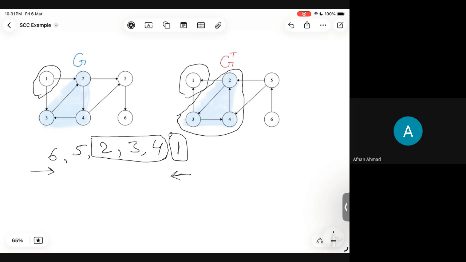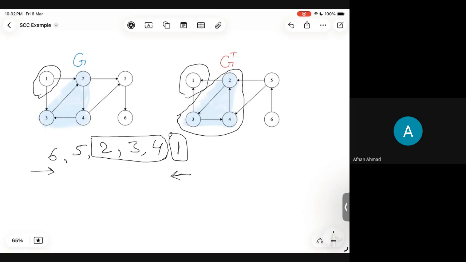Yeah, this is correct only. Why is it that we are coming back to this? Just a second. The end of each successful DFS, we are having that. So we finish it